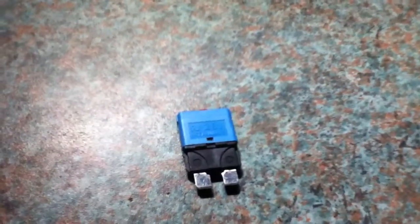Now circuit breakers are highly recommended because they act like a normal fuse. They even come in the same colour as a standard fuse. This is a standard 15 amp blade fuse, and this is a 15 amp circuit breaker. It's the same colour as the 15 amp fuse because it has the same rating and it does the same job as the fuse, with one key difference. That difference is when this breaker trips, the button on the top pops out and it turns the circuit off just like a normal fuse would, but